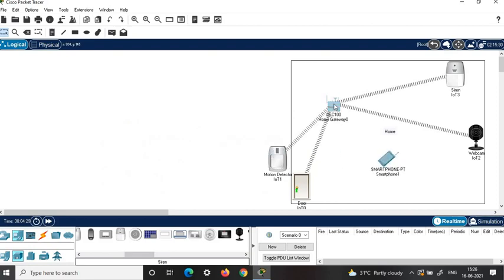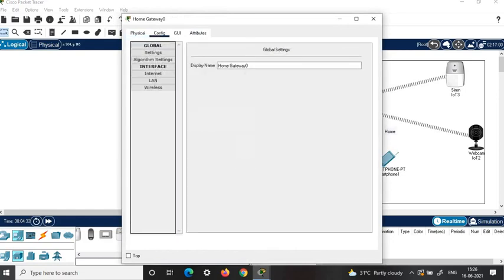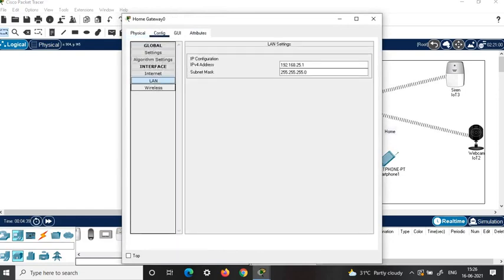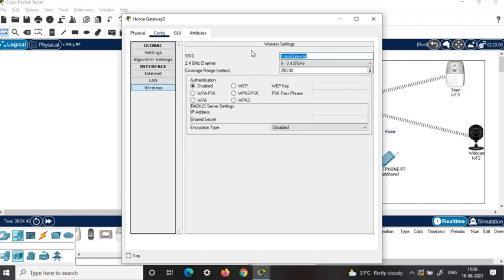As we know, it's better to choose the home gateway first and fix the password. Click on LAN, see the address, click on wireless, choose this home gateway and keep. Then in this authentication, click on passphrase and give the password. I give it as get connect. Or you can give any password which should be minimum of 8 characters.